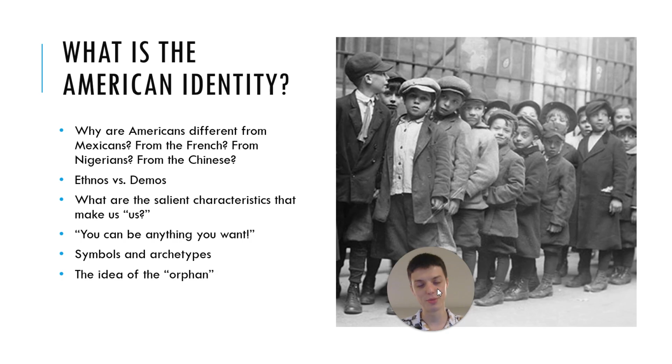Well, Americans, being a democracy, we don't have a clear father figure. We don't have a clear ethnic unity. We don't have a clear linguistic unity. We don't have a clear cultural unity. And so in that case, we're much more like the Roman Empire. We're not an ethnos. We are not a people bound by a common set of historical experiences, a common biology, so on and so forth. We are a demos. We are a people bound together by a common cultural project and by a common political unity. In the case of the Roman Empire, that was